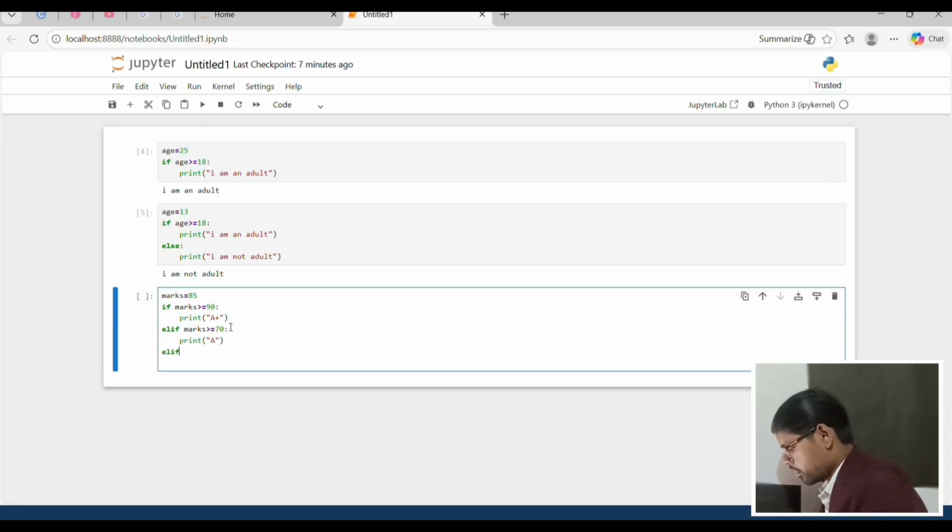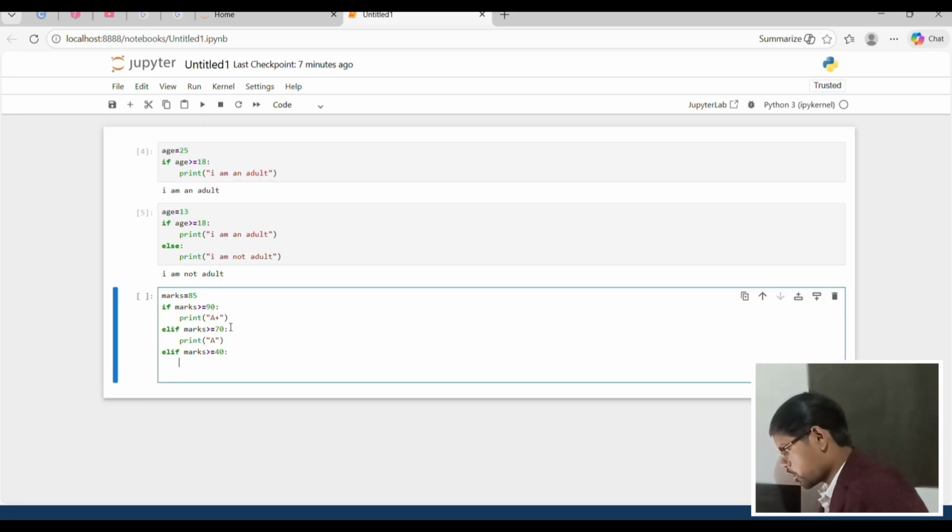And elif marks greater than 40, so print you are pass.